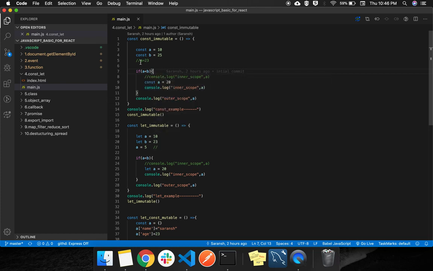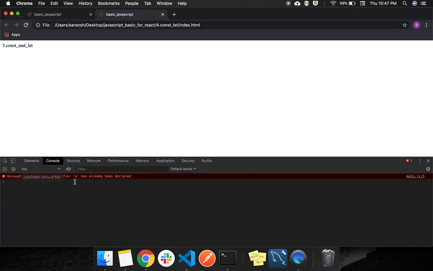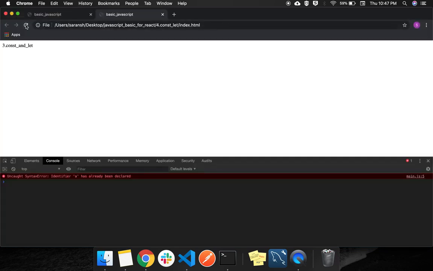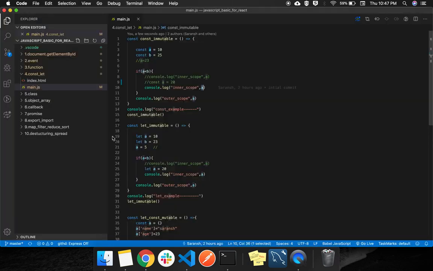But here, if you try to do the same thing, it won't allow you. The same identifier has already been declared, so it won't allow you. But here it is allowed because this is a new scope for us. If you didn't redefine this, then it will take this value 10.